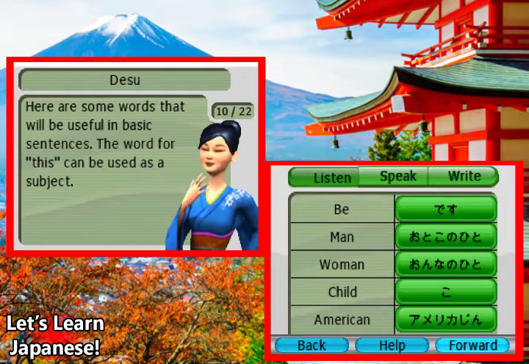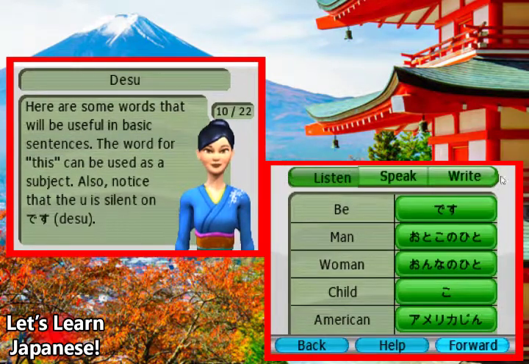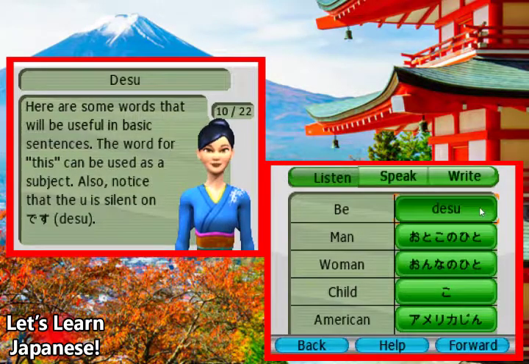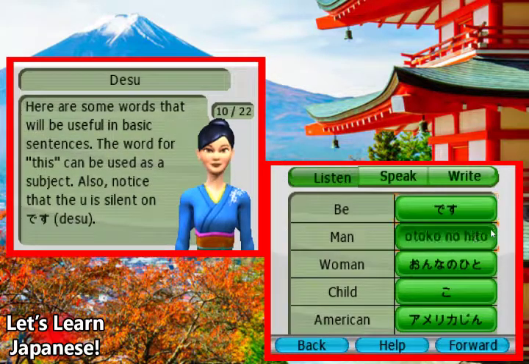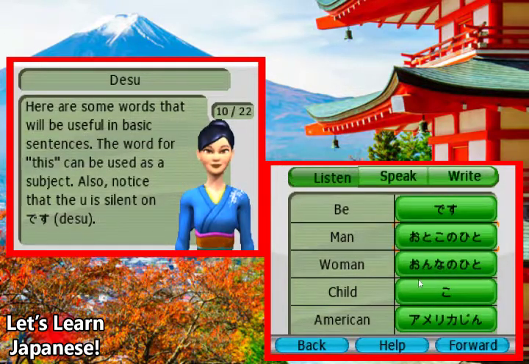So here are the basic words, or the vocabulary that we're learning for this time. So, desu. This is otoko no hito. Otoko is the man part, and hito is just person. So it's a man person, basically. Much like onna no hito. We have ko, which is just child. And then